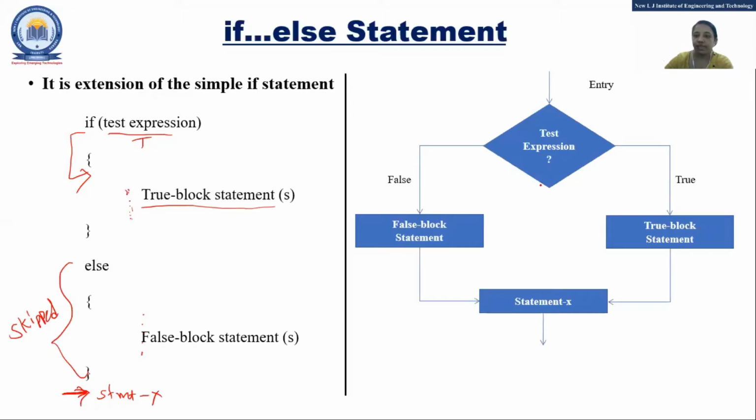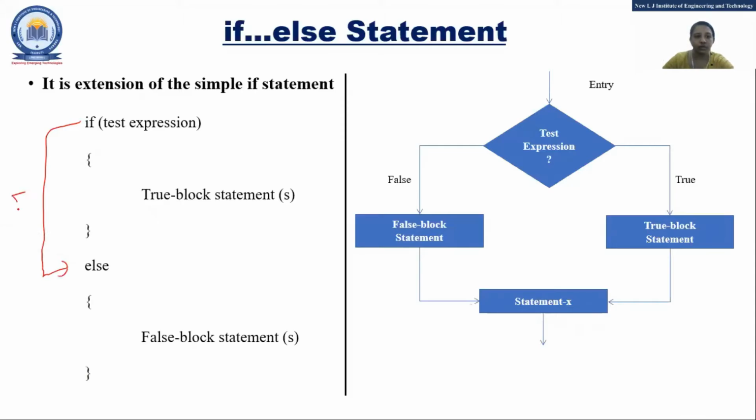Fine. So in the same way you can see here, false block, true block, and after that statement X. That means if your condition is false, which part will it go to? The else part, right? If your condition is false, it will go to the else part, and after that it will execute this statement. Now after executing this, it will execute the statement which is after the curly bracket. That means here statement X, right? Is it clear, or is there a doubt about how the if statement and the if else statement will be executed? Clear? Okay, so we will move to the programming part.